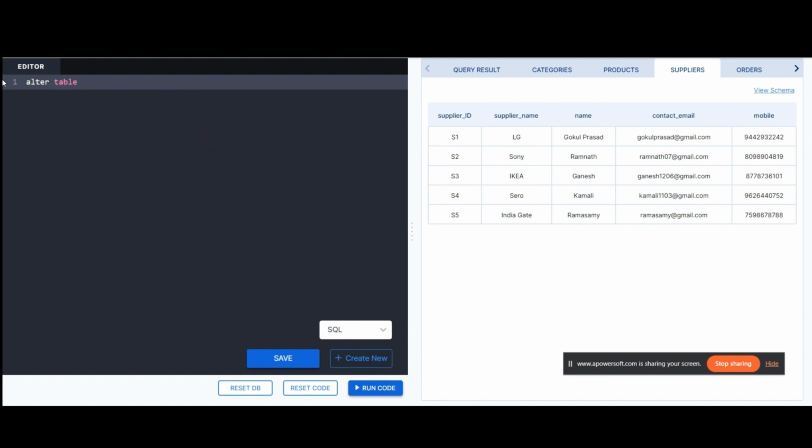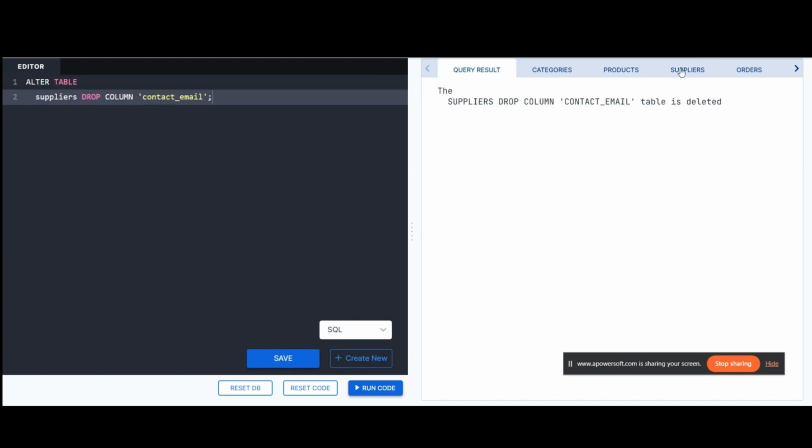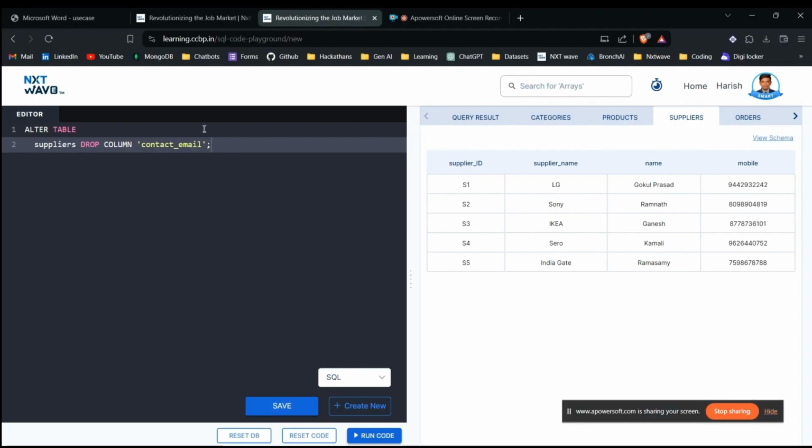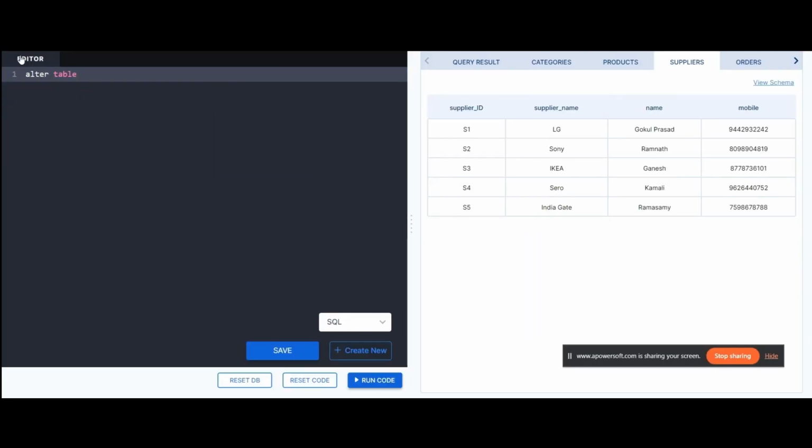And then the next alter query operation is that we are going to drop a specific column, which is contact email, from the suppliers table. And finally, we are going to use the last function in the alter query. We are going to add a new column